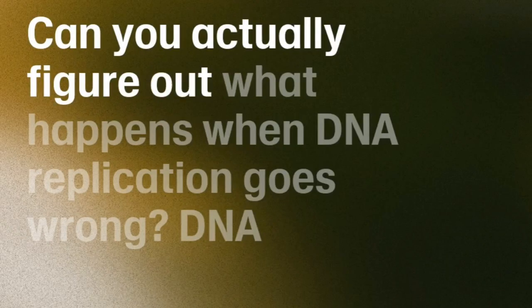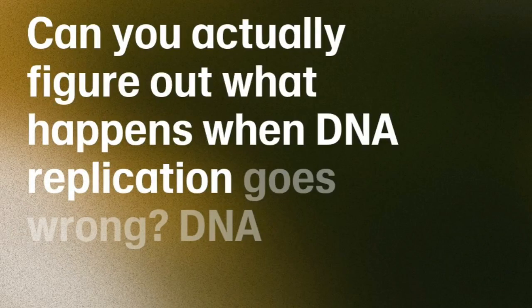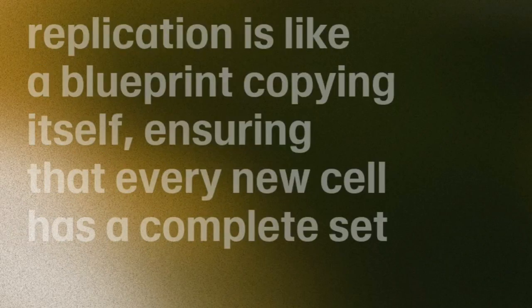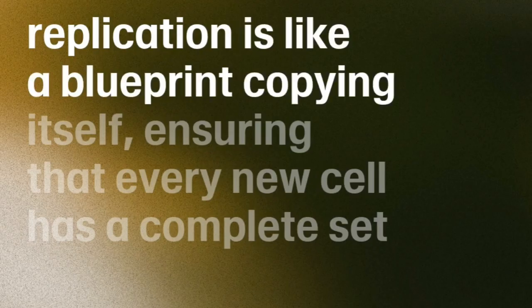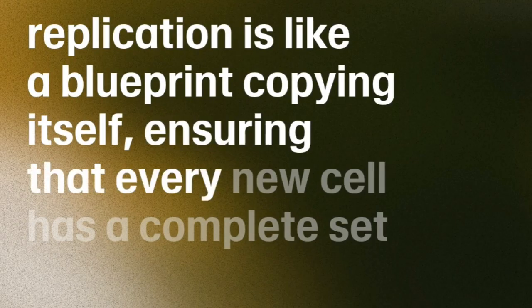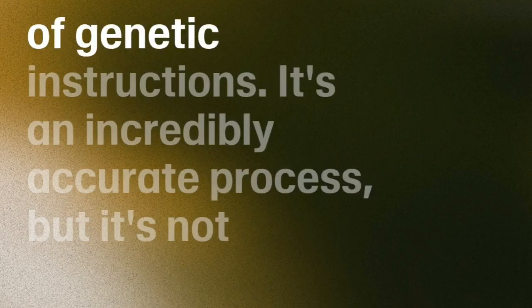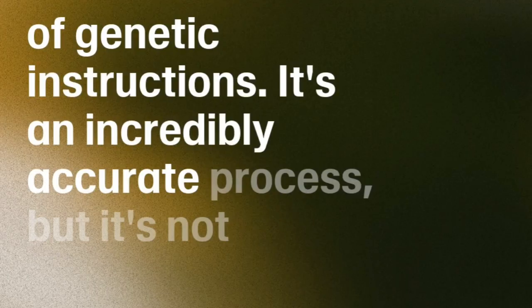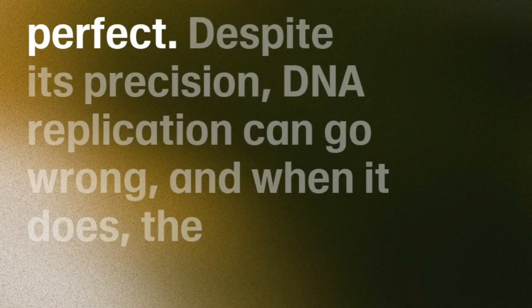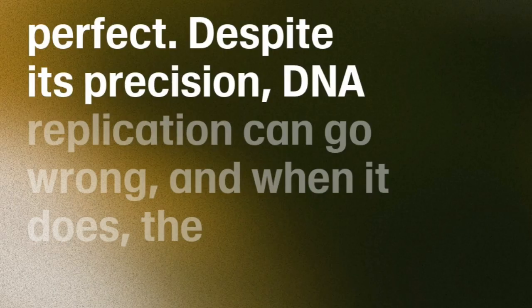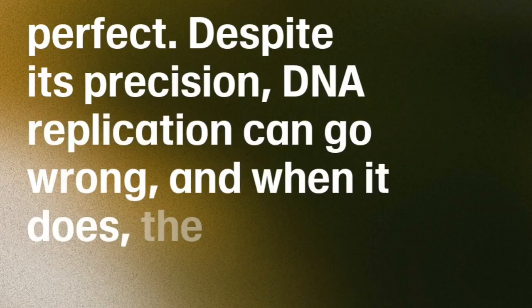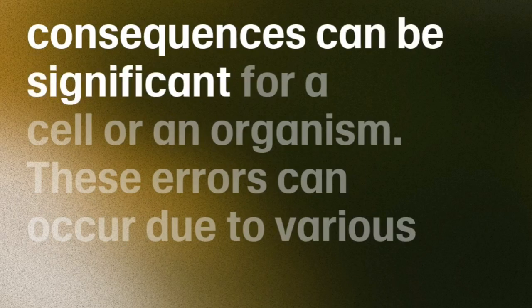Can you actually figure out what happens when DNA replication goes wrong? DNA replication is like a blueprint copying itself, ensuring that every new cell has a complete set of genetic instructions. It's an incredibly accurate process, but it's not perfect. Despite its precision, DNA replication can go wrong, and when it does, the consequences can be significant for a cell